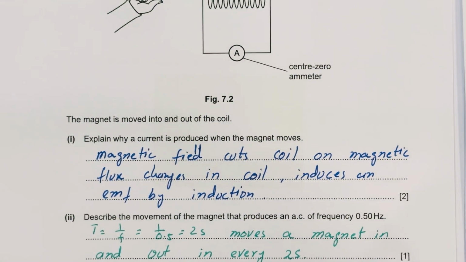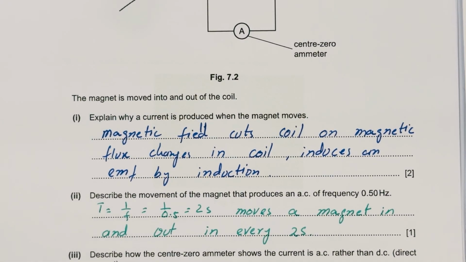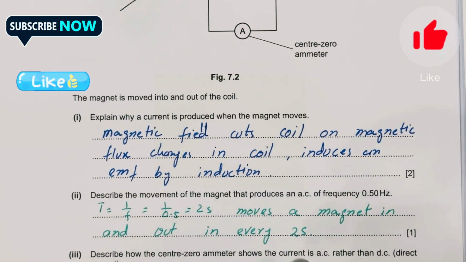It means, okay, explain why a current is produced when the magnet moves, because current is produced due to the magnetic flux. What is magnetic flux? Magnetic flux is the number of magnetic field lines passing per unit area. When the number of field lines passing through unit area increases, its flux increases. When it decreases, its flux decreases. So the change in flux will produce the current. So it will induce EMF. So we would write that the magnetic field cuts the coil or the magnetic flux changes in the coil and induces an EMF by induction. Or you can simply write due to the change of the magnetic flux, it will induce an